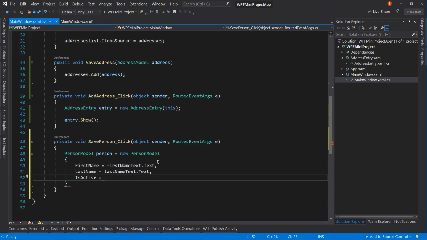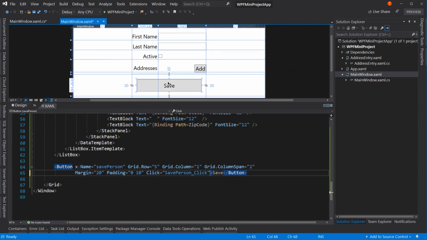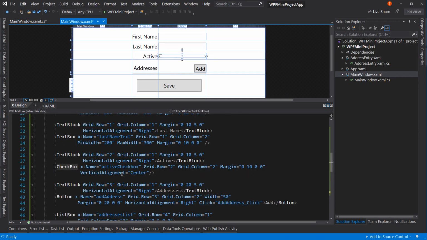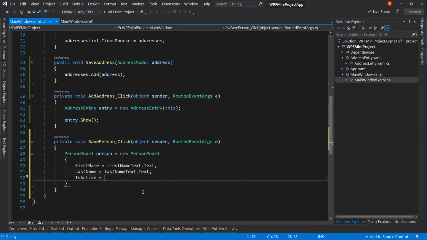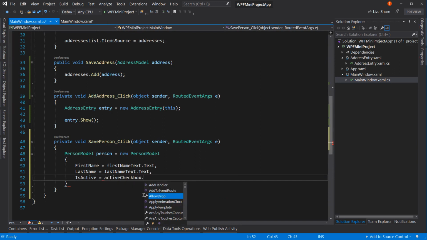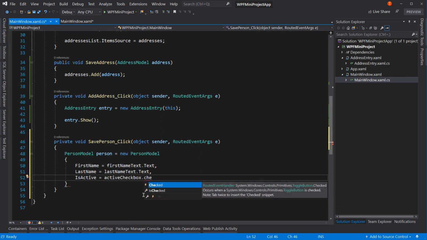What do we call it on our form? I think we call it something a little bit different than last time. We called it the activeCheckbox. Okay, it's a little bit different. activeCheckbox.IsChecked. So it's again a little bit different than